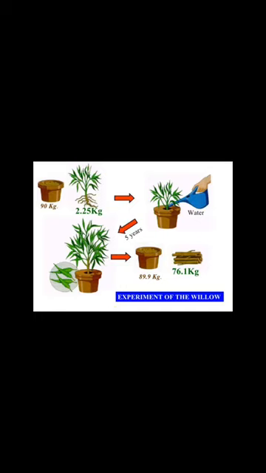After 5 years, he took the tree out and weighed it. Then he weighed the soil, thinking that the weight of the tree came from the soil. But the weight of the soil was nearly the same: 90.8 kgs when he started and 90.23 kgs after 5 years. That means only 57 grams.